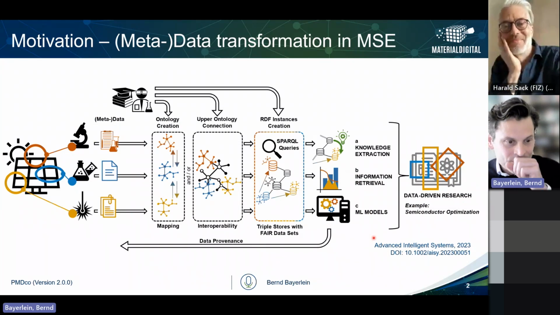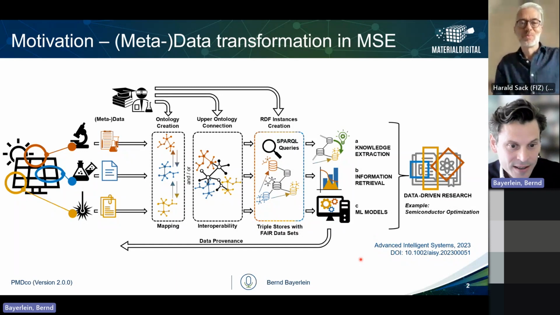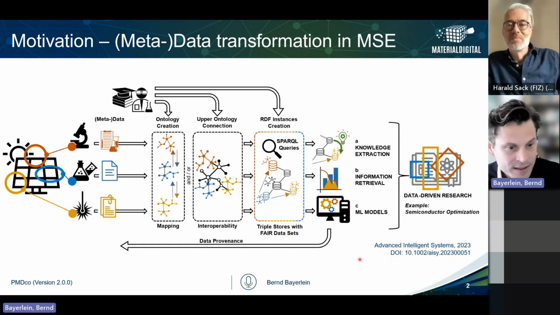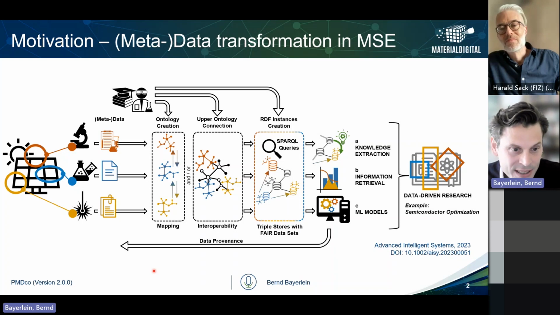And I also have a motivational slide here, and this is actually part of a publication. It will be public in a couple of weeks. It's already reviewed, and we're just waiting for, I think, the June edition of Advanced Intelligent Systems. And what this figure summarizes is the condensed product of studying many publications that have a semantic web technology as content, but also try to advance the material science and